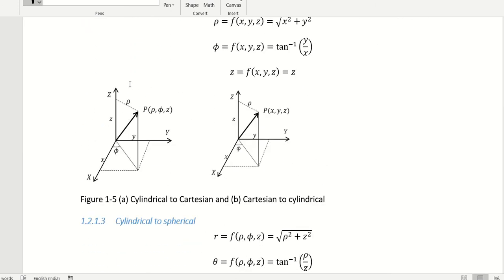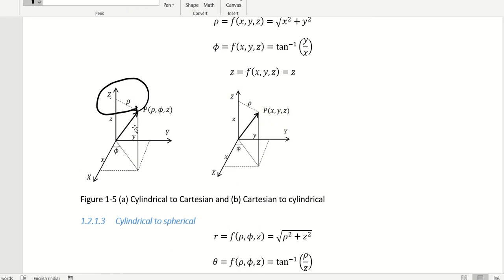See, this is the point which is represented as P equal to rho, phi, z. This is rho, and rho is actually the radial distance from the z axis. So this point is on the cylindrical coordinate, and this is my radius. Now what is the angle? Phi, so phi is here. If I draw a perpendicular downward, then we get angle phi, and z is the distance from the origin to that point.